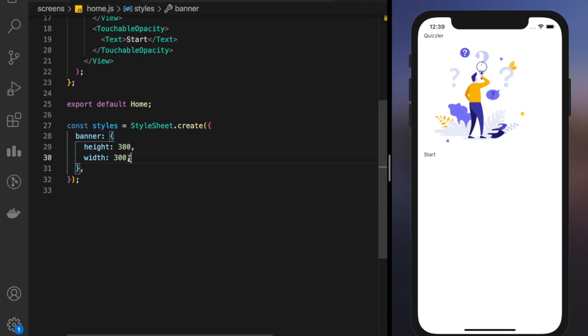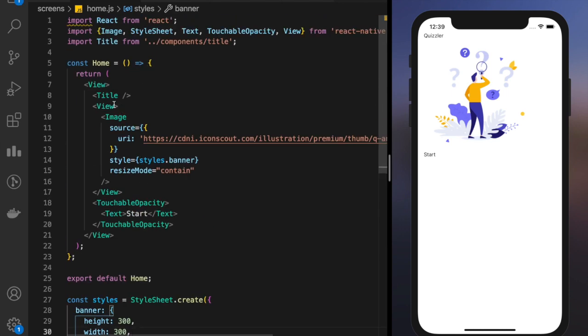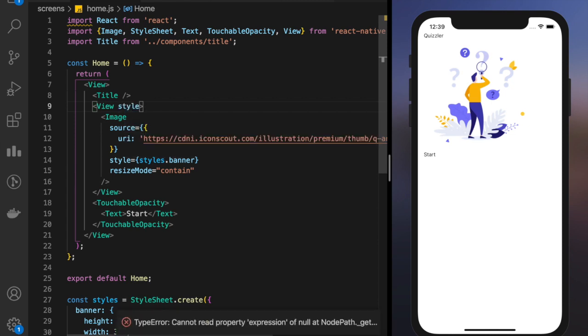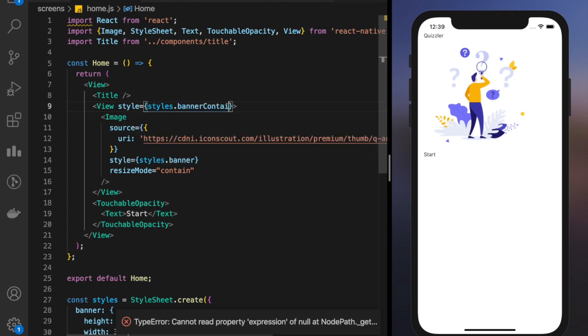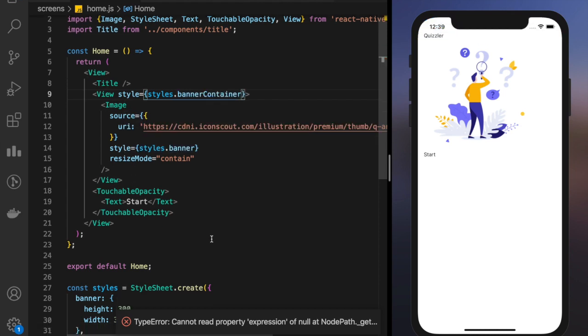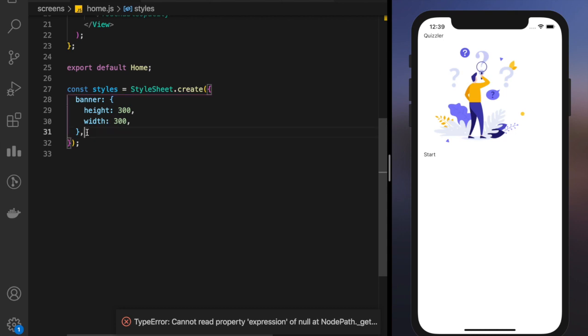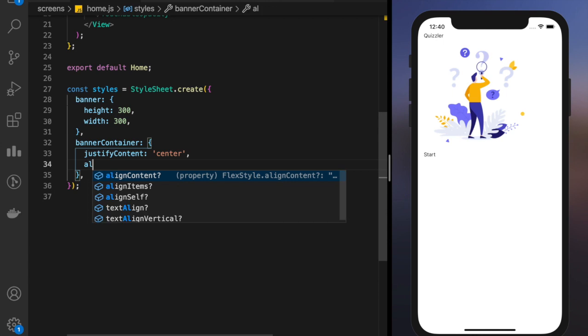Let's give this another style. Let's call styles dot banner container. This is a really bad name, but still we can make use of it. Justify content center and align items center.